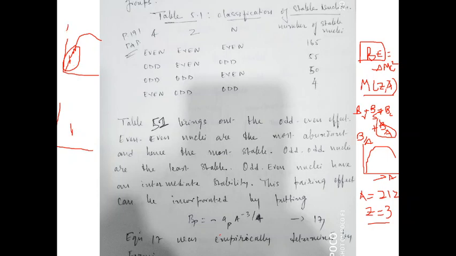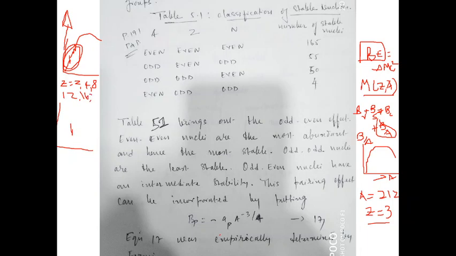This is the experimentally observed graph. We are developing a theoretical graph, and that should match. So these are the regions at low A. There are certain nuclei for which it has been found that Z is equal to even numbers, 2, 4, 8, 12, something like that. I'm not going through the entire list.